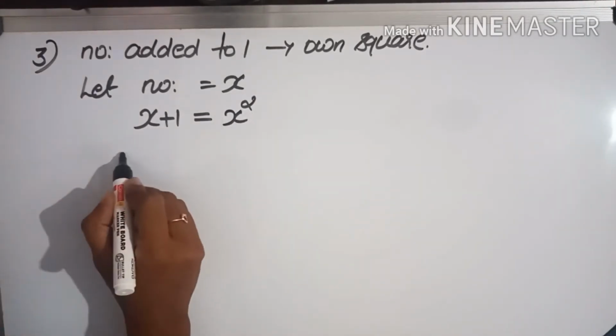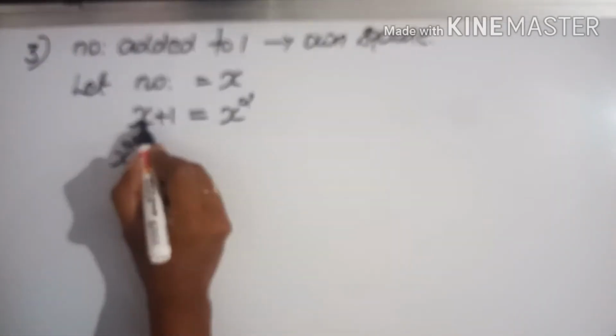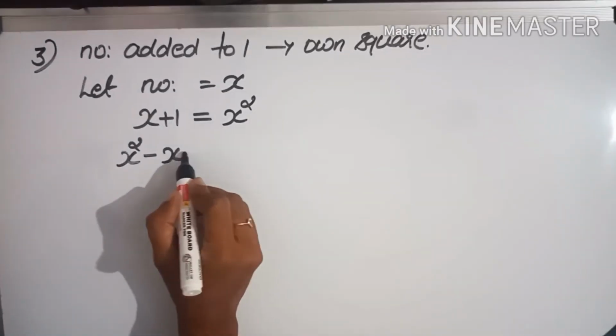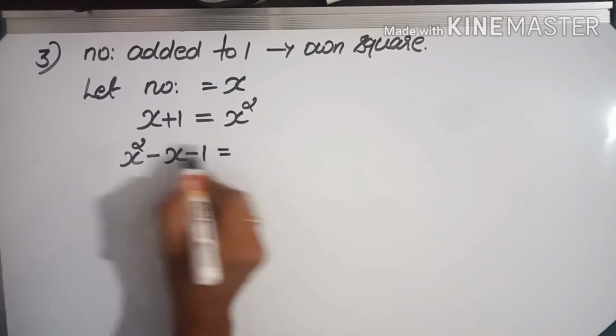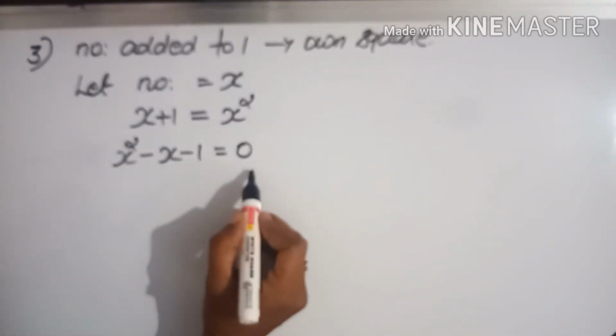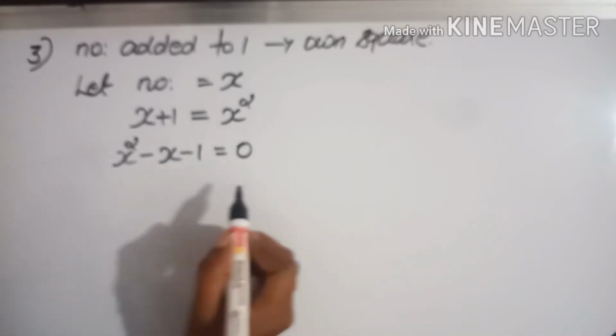So let's write x square first. x square, plus x comes to this side, it will be minus x. Plus 1 comes to this side, it will be minus 1. Equal to, here remains nothing, so 0. Now it is in the form of a second degree equation in correct order.